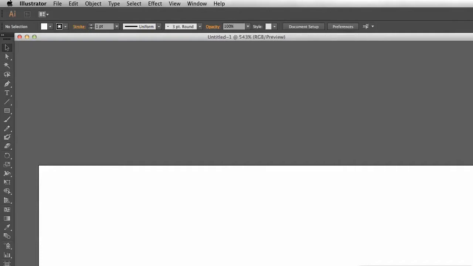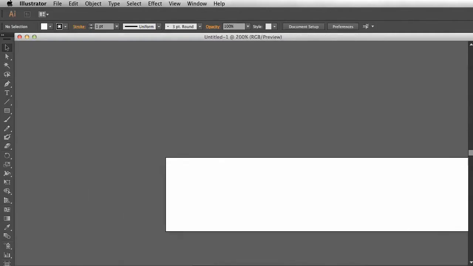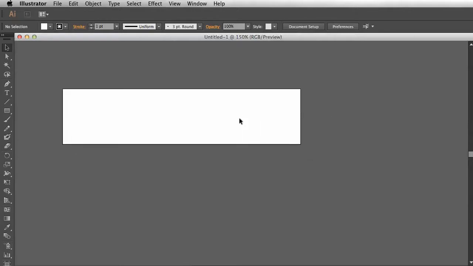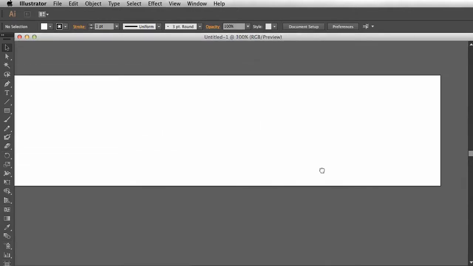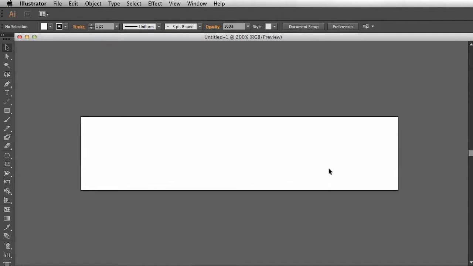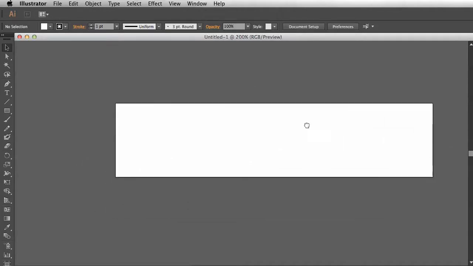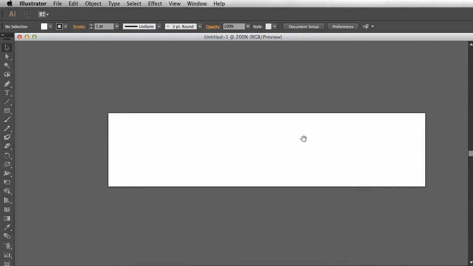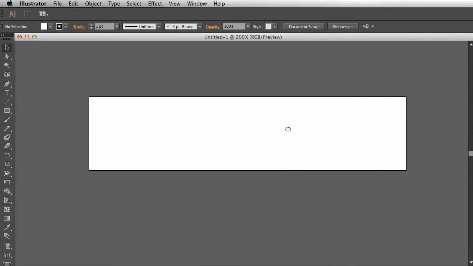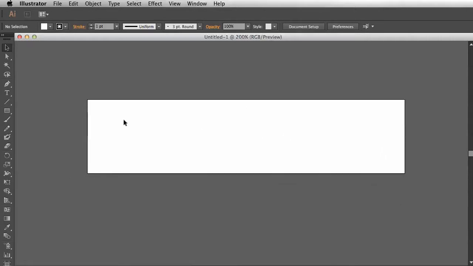And let me reduce the size of this so that you can see it. There we go. There is our image. Now what I'm doing to get this little hand that helps me move around is I'm holding spacebar. So anytime I press and hold spacebar, my cursor becomes a little hand and I can move my page around. So we're just going to make this a real simple logo, and again, you can change it later